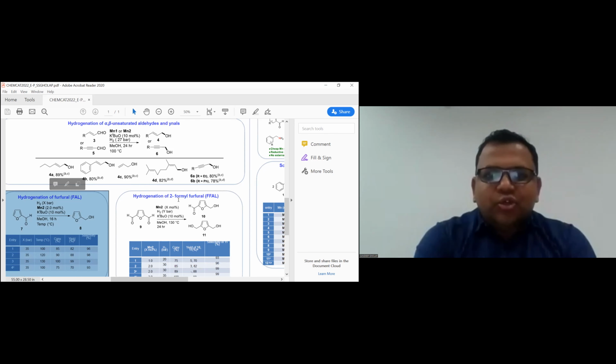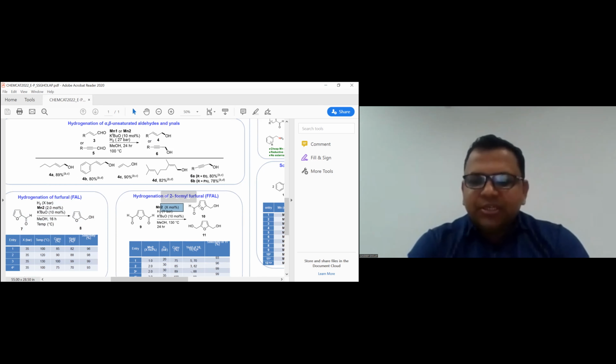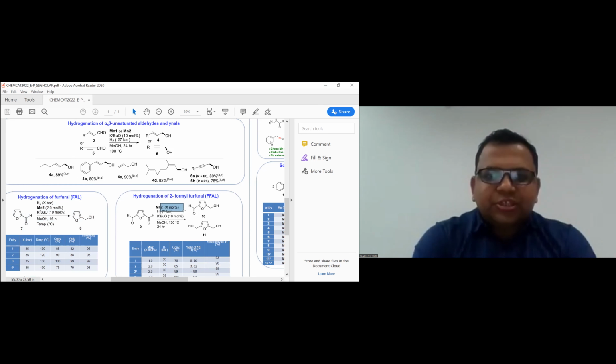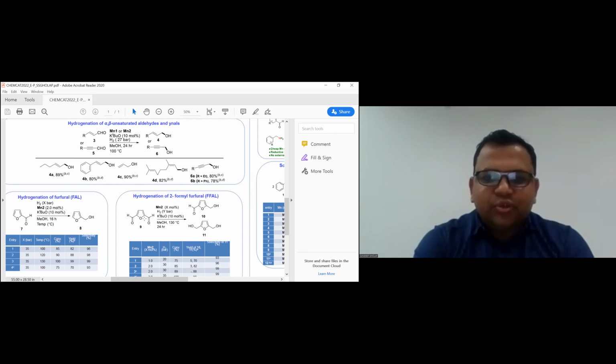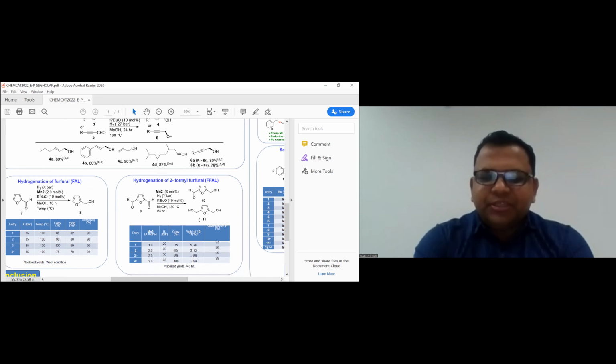When we use 2-formate furfuryl alcohol, this is also a kind of alcohol of industrial relevance. We also successfully achieved reduction of the aldehyde moiety, selectively reducing one carbonyl group when we change the pressure from 10 to 20. Further, if you want to reduce both aldehyde groups, you can just use a high pressure like 35 bar, and it is selectively converted into this alcohol. We also achieve more than 99% selectivity for these.